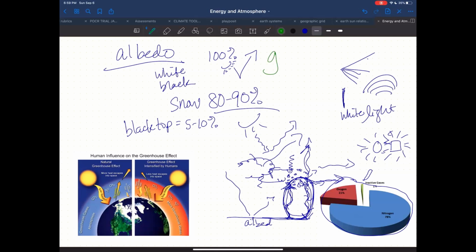Okay, let's write that. First, let's talk about these greenhouse gases. What are they? Which gases are they? They're not nitrogen, they're not oxygen, they're not argon. Here's what they are. First of all, in order, the number one greenhouse gas in terms of abundance, get ready for this: water, H2O, as a gas, is a greenhouse gas. It's excellent